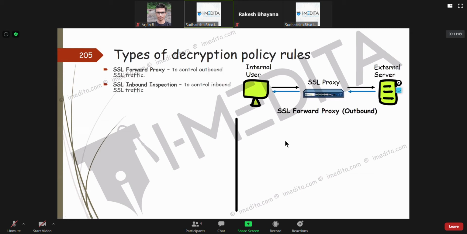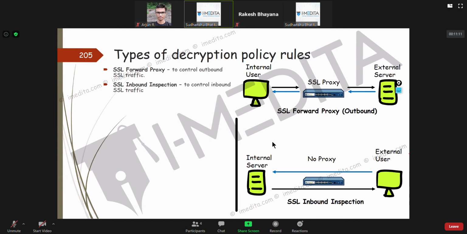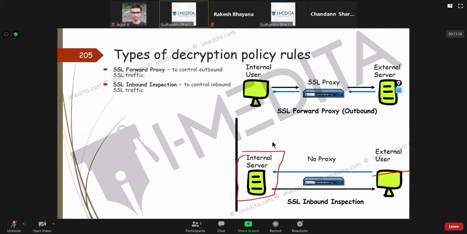So I was telling you that SSL inbound inspection is like, suppose you have an internal server, and now what you need is that people who are using your services, when they access your website hosted here, you want that they should be checked for what they are sending and what's going back and forth between some external user and the server.